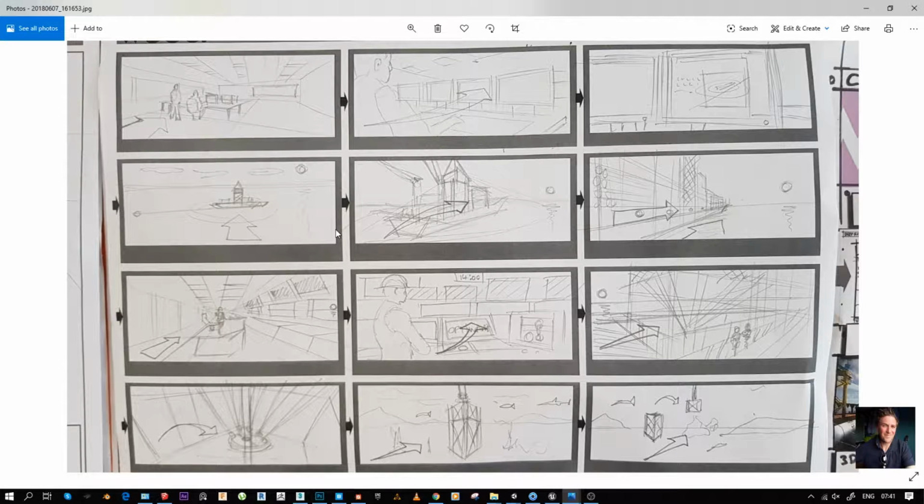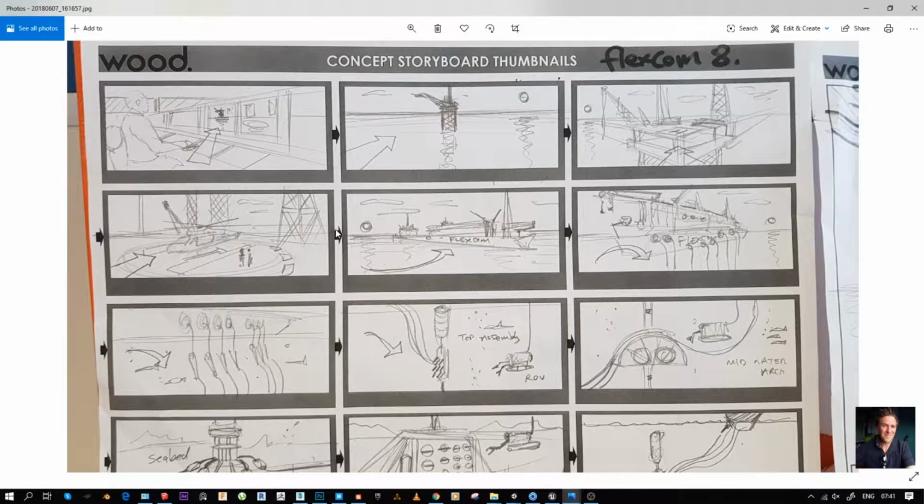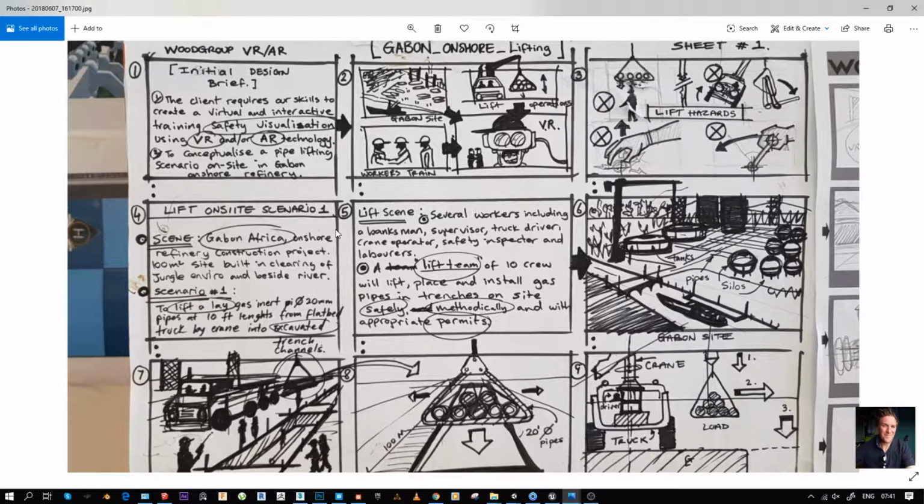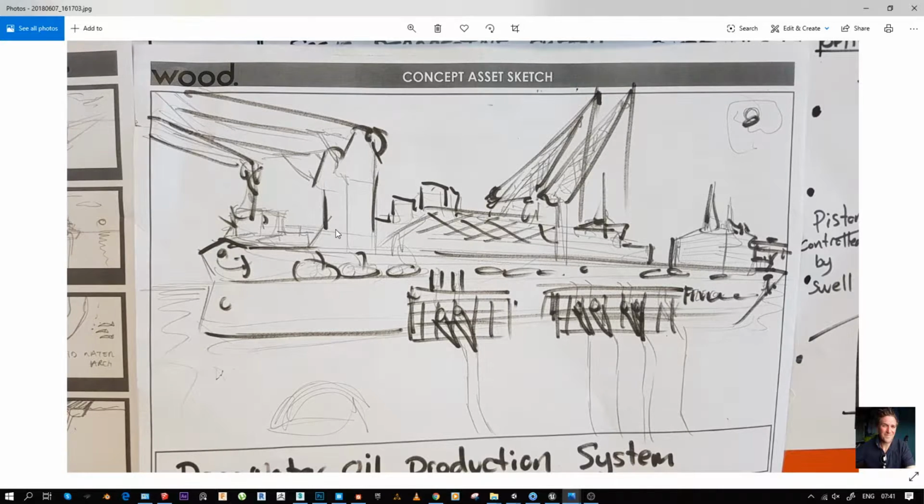and this is the follow-up storyboard animation sketching. Here we've got some more detail on different mechanics of the animation, and also I would sketch up a perspective concept shot of the asset that I would create in 3D. Here in this shot, this example is a pipe lay